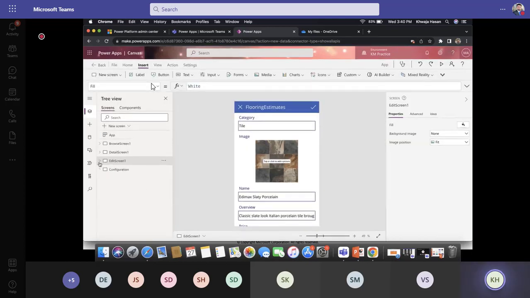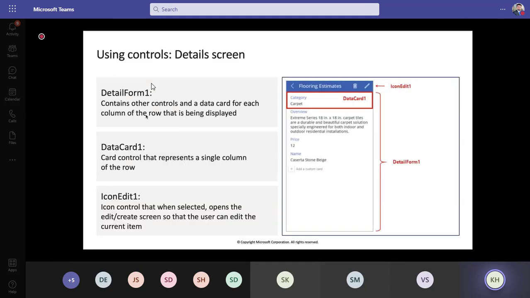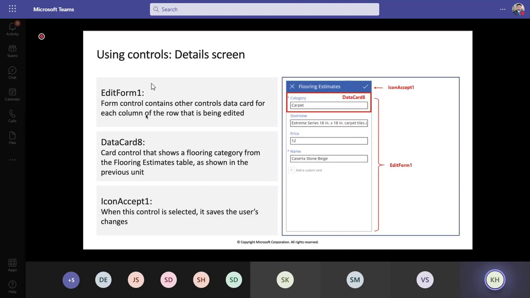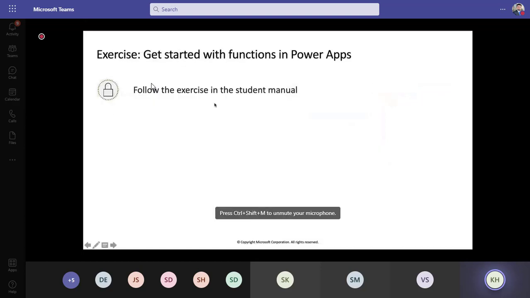So this is the edit form data cards. Data cards are basically the fields that are available in your table that can be added to your forms for editing, for adjusting the value, for changing the value. Okay, so we have this exercise to build the function for app, manage version management, sharing apps with others, managing environment. So guys, I've told you yesterday as well that you can